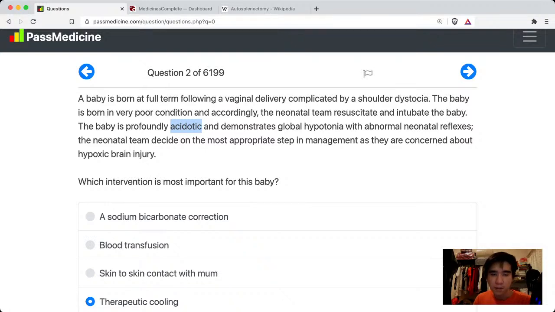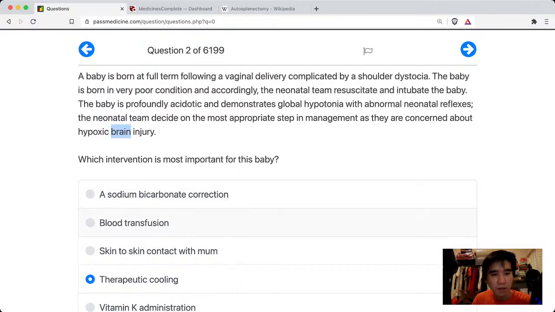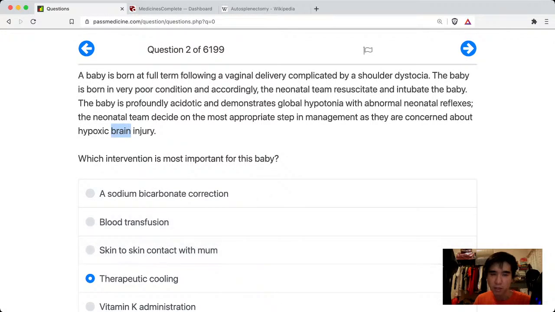Does correcting the acidosis help prevent hypoxic brain injury? I'm not sure how it can be. It's related. It might be the answer, but I'm not sure. Blood transfusion. Blood transfusion has its own risks, and this baby is not losing blood, so I don't see why he needs a blood transfusion. Skin-to-skin contact with mom, this is important, but